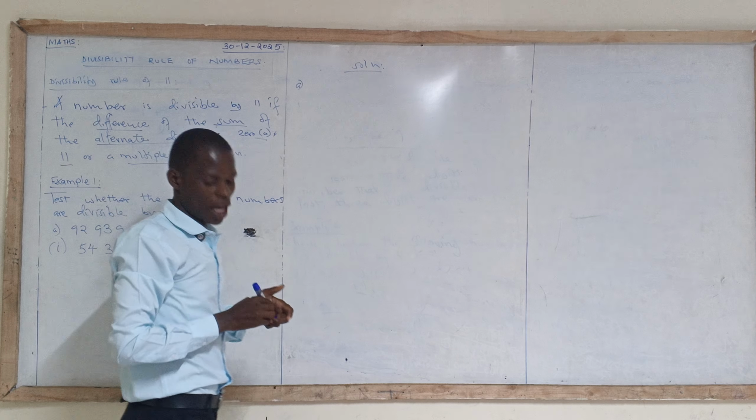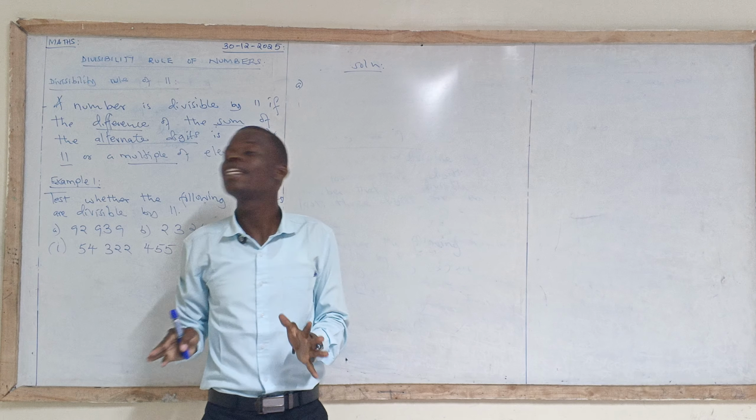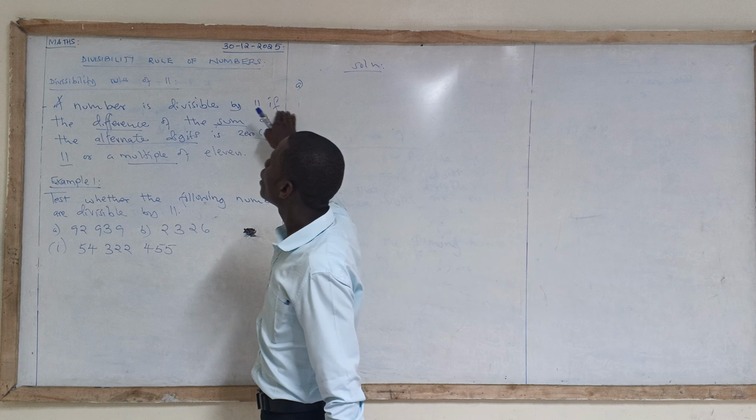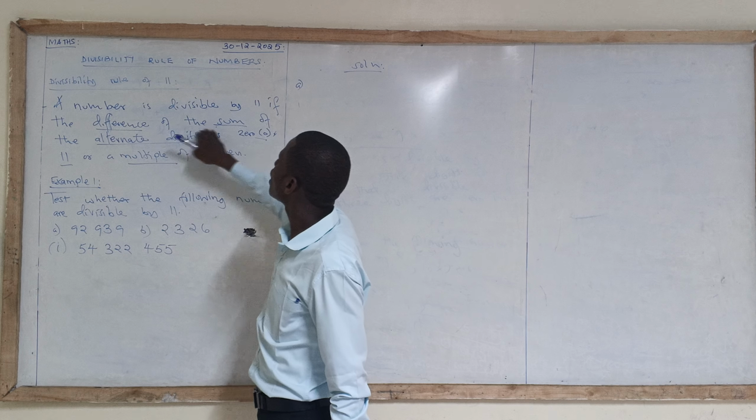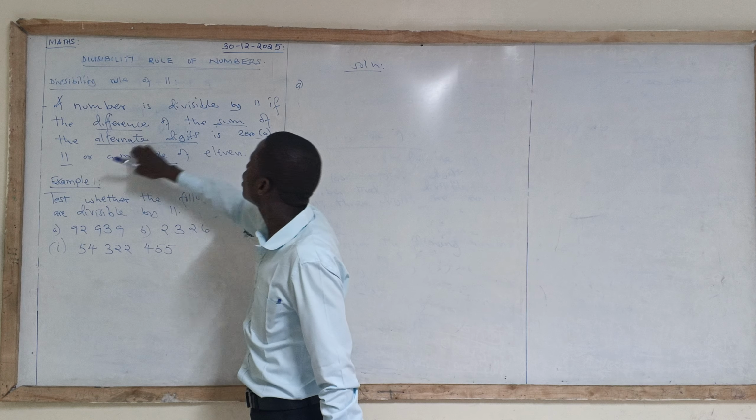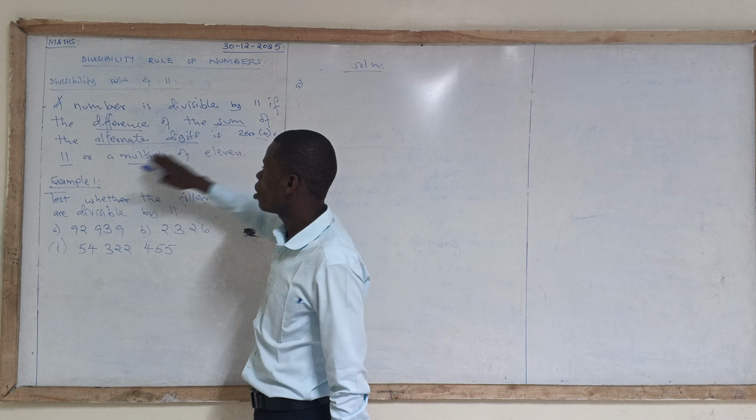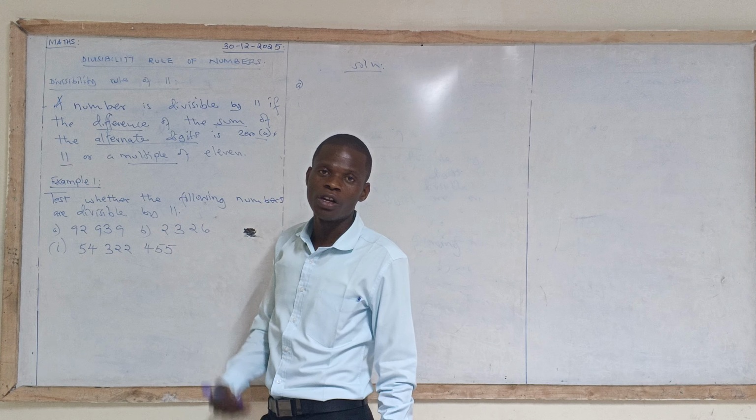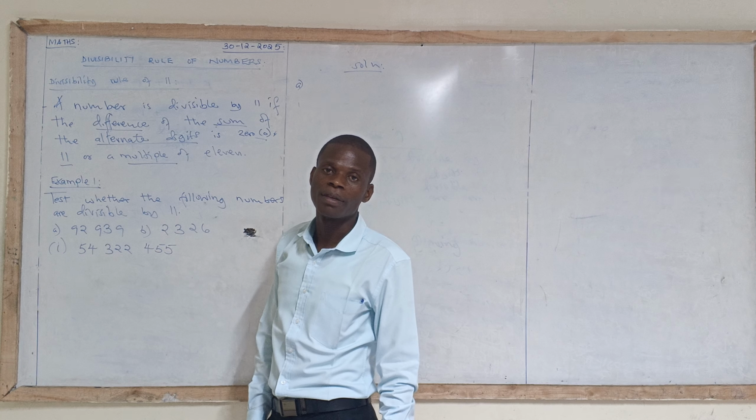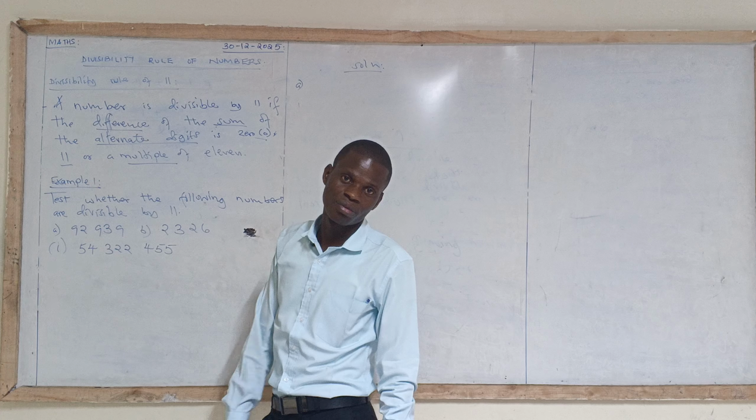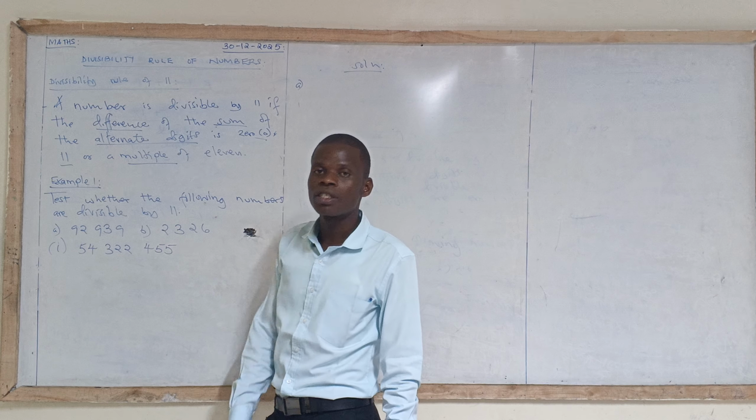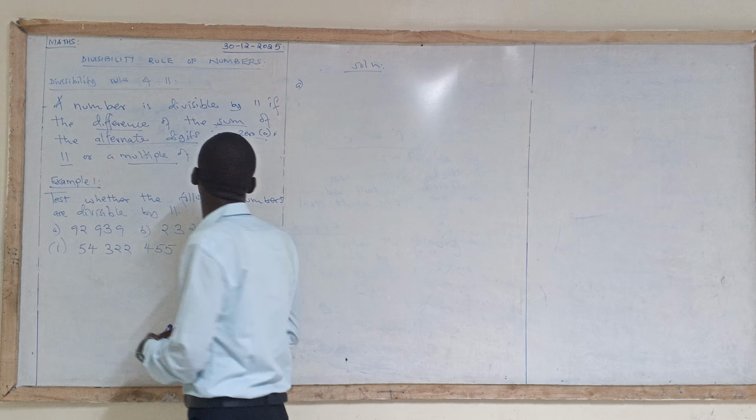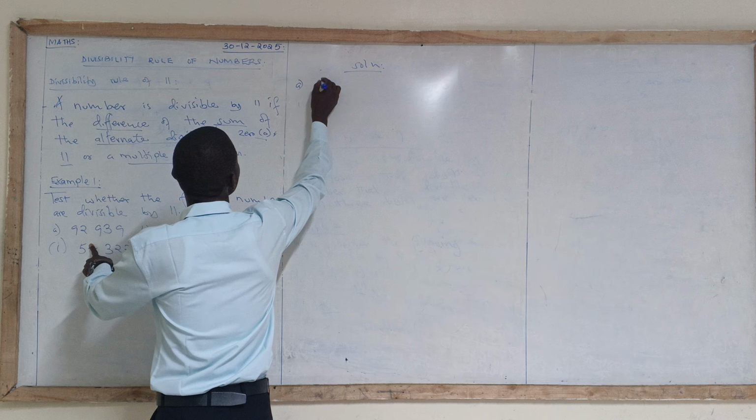A, I'm sure and I have been told and now I understand that a number is divisible by 11 if the difference of the sum of the alternate digits is 0, 11 or a multiple of 11. You know that that number is divisible by 11. And if the difference is not 0, not 11, not a multiple of 11, you know that that number is not divisible by 11. So, A, we have